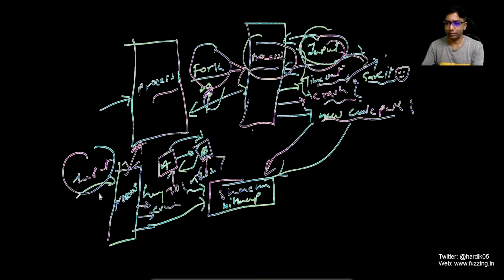So this is a very short introduction of how a fork server based fuzzer works, and I hope it has given you at least a basic understanding. Now in the next video we'll go through the source code, and we will see how the different components of libafl are utilized to perform the fuzzing operation and to check the states and everything.